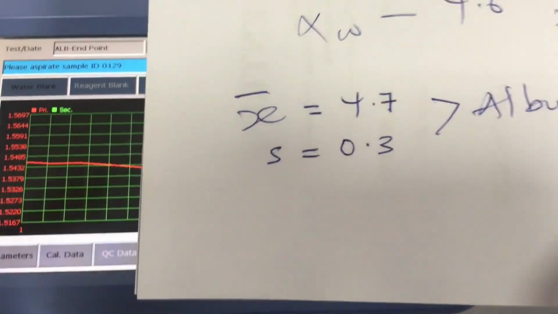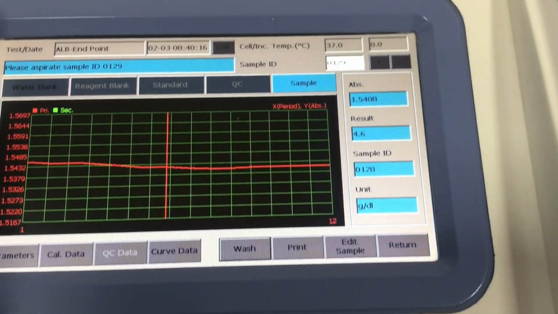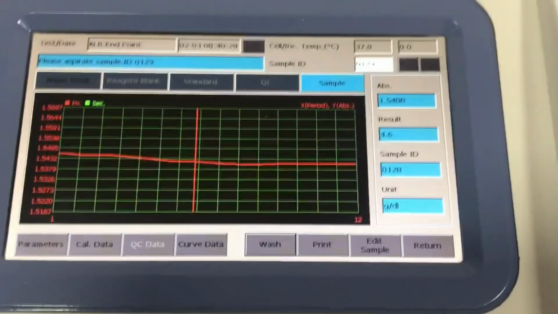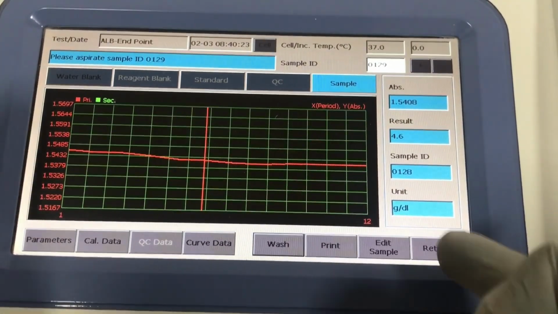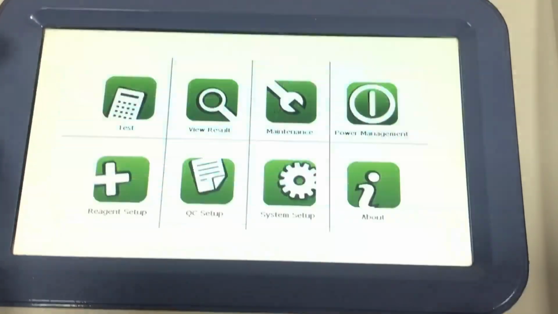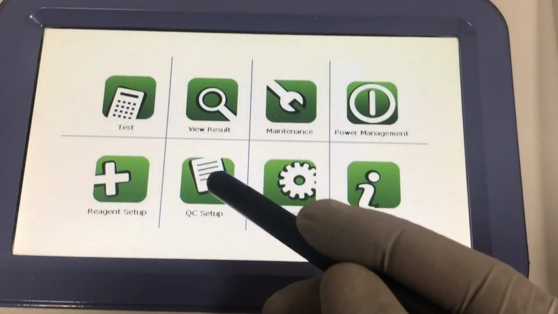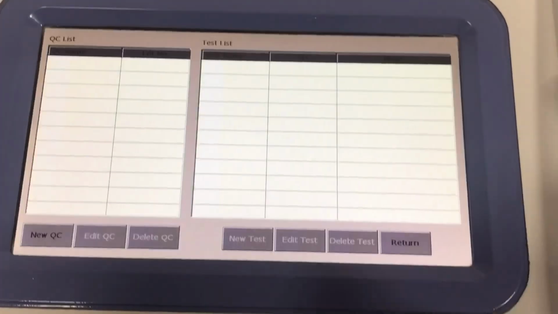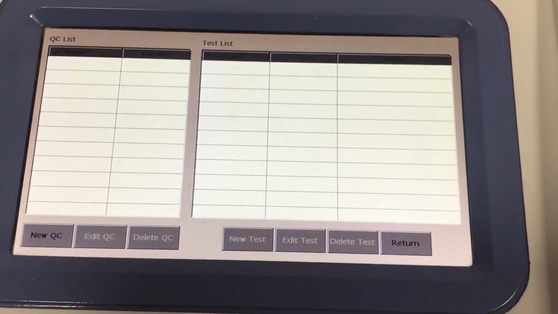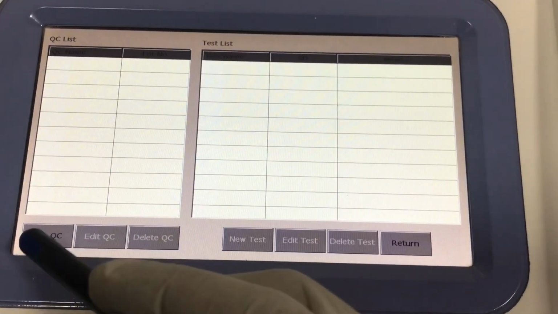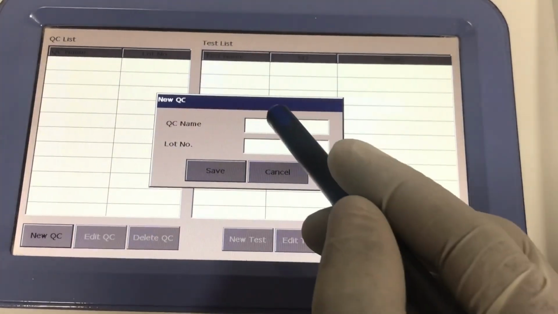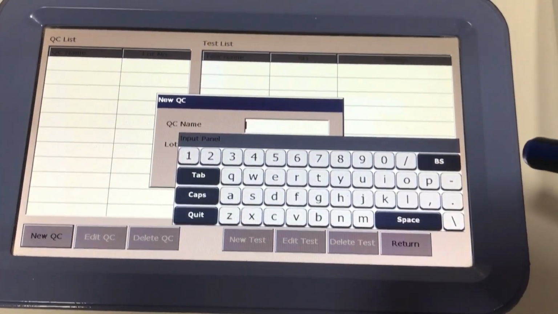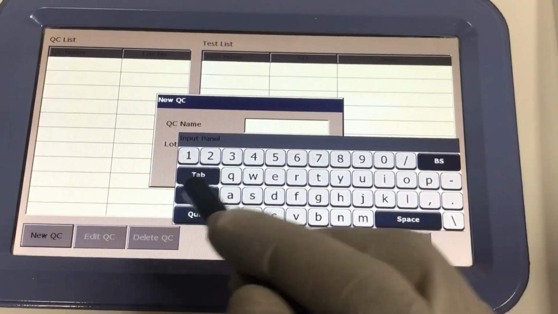So from here you're going to insert this value into your machine. Okay, so let me show you how to do that. So we return again, and then you come to the QC setup, and then there's nothing there now, so you go to new QC, and then you put the QC name. So this will be a level 1 QC,